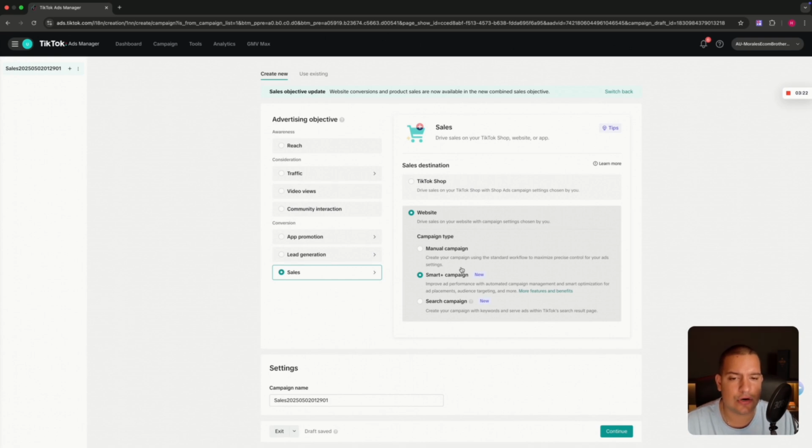But this comes to the part where it's a little bit more advanced. A lot of you guys are going to see this and are going to see, oh, Smart Plus campaign, Search campaign, Manual campaign. So, all those advertising platforms are fairly smart. What does that mean? It means that they are going to put more emphasis, as you can see, on the new one. It's in purple, it's big, it attracts your attention. And this one, they want to put it there and not make too much noise. But a lot of you will think, oh, this one is probably the best option, because it's a new feature, so it must be the best.